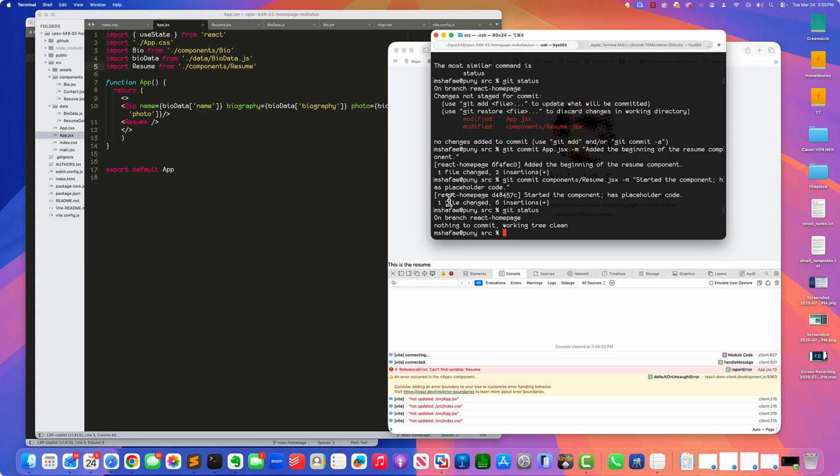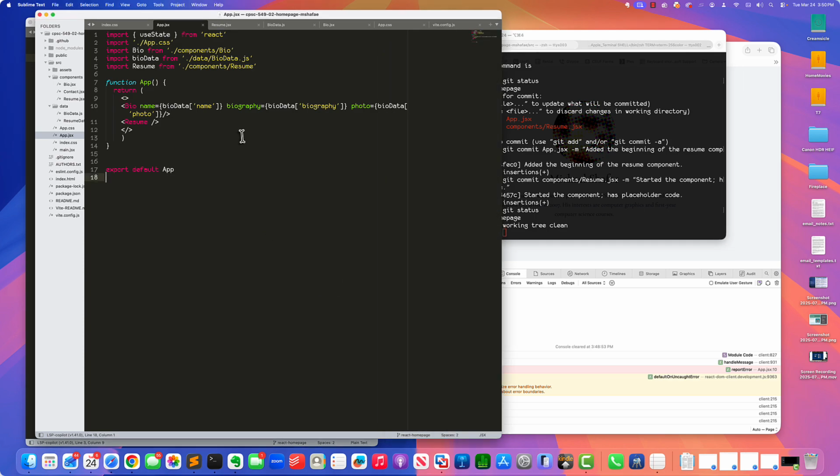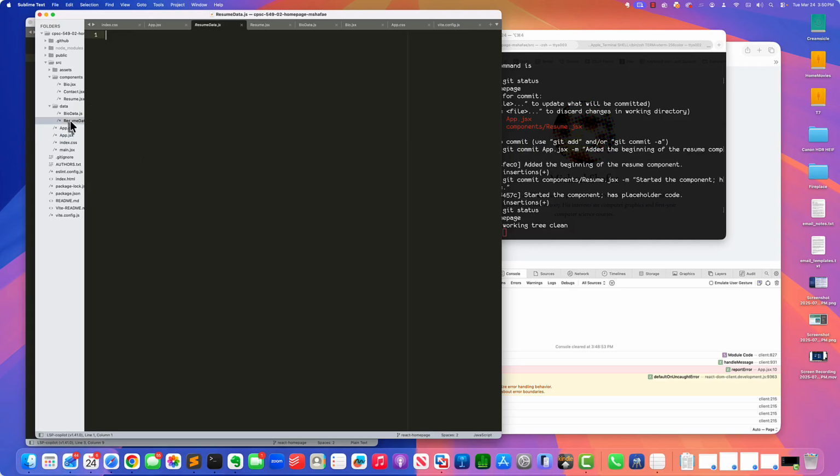All right, made progress. Now let's work on the resume. Our resume is going to be built up from data. And the data that we're going to use will be, well, we have to think what's important for a resume entry. You're going to have education, you're going to have experience, and you're going to have skills. So why don't we create in our data file,